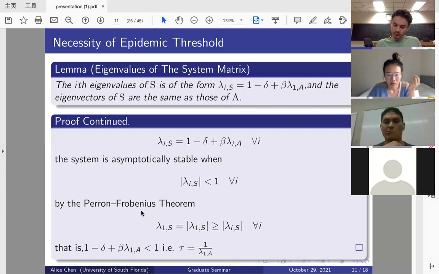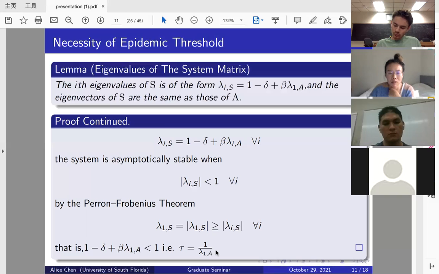by the Perron-Frobenius theorem. So we denote the largest one as lambda 1 of S, and it is real positive, so it equals its absolute value, and it's always the largest one among all the eigenvalues. So we have this equation holds. We plug it back into the assumptions, and we eventually get that tau actually equals 1 minus our eigenvalue. Okay, so that's the necessity of the